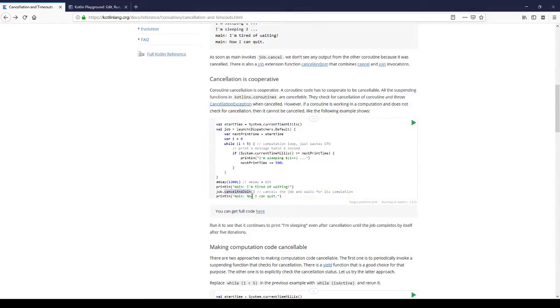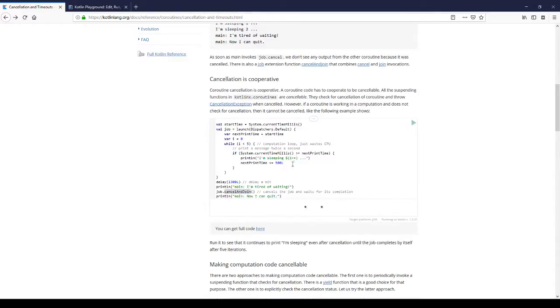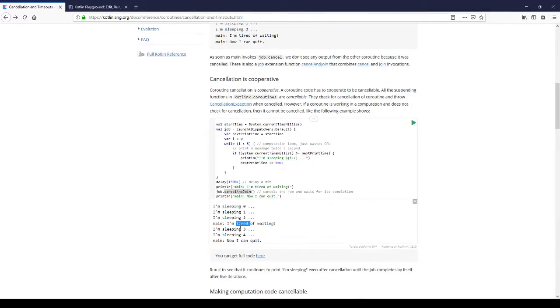Cancel and join. Because the cancellation is not checked in this block, it would wait for all 5 loops to be done. You're tired of waiting and you canceled and joined, but you have canceled it, but